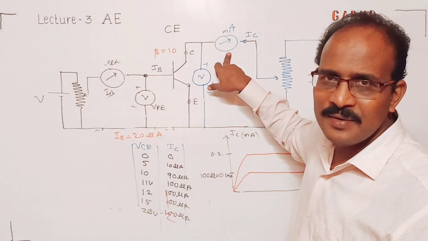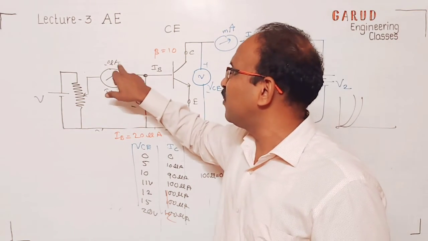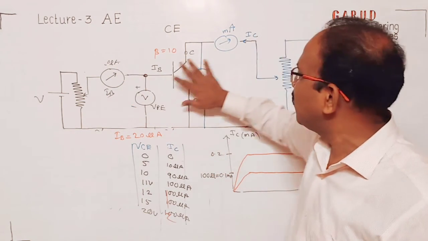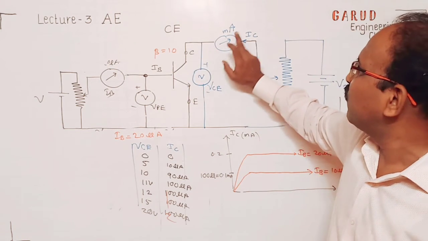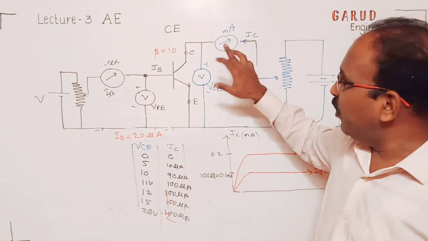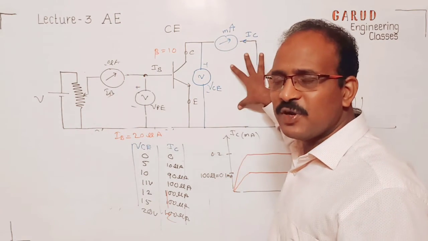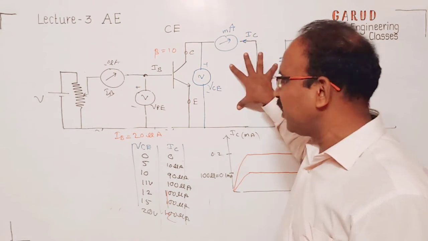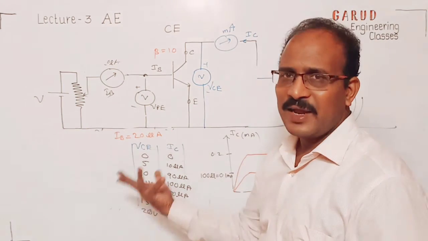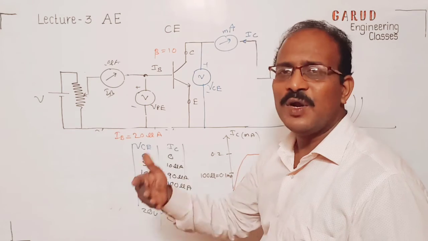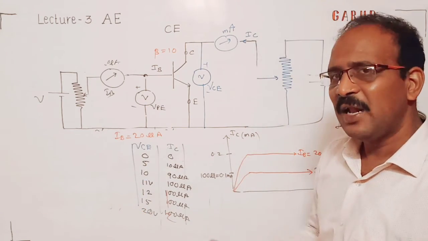This is IC. Correct? This is very small, that's why we have to present it in micro. As compared to this, it is large, around 10 times, 20 times multiplied, that's why it is presented in milli. When we present the input side, at that time the output side should be stable. So VCE equal to 5 volt, 10 volt. You take the reading, and from the input side, it's like a diode. So it will turn on at around 0.7 volts, like silicon.